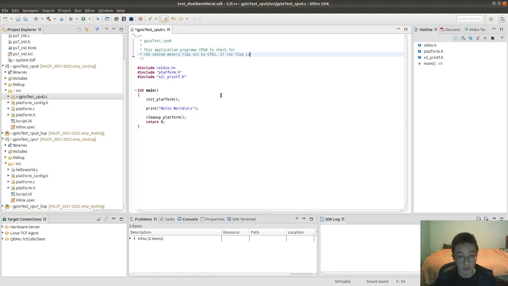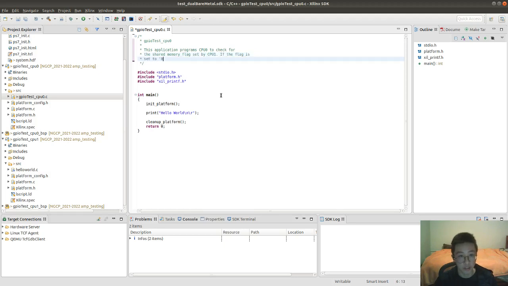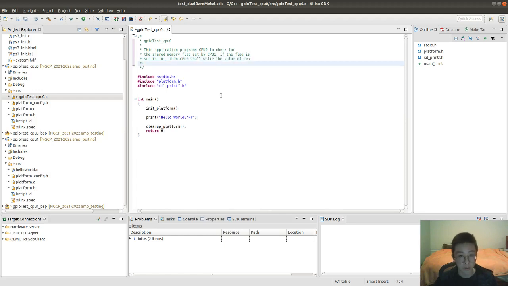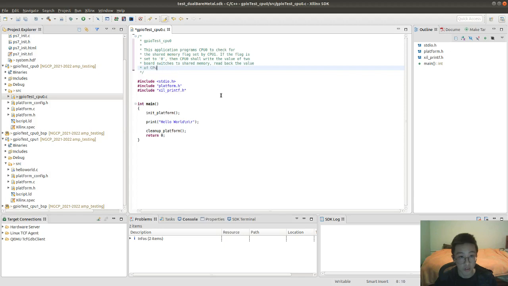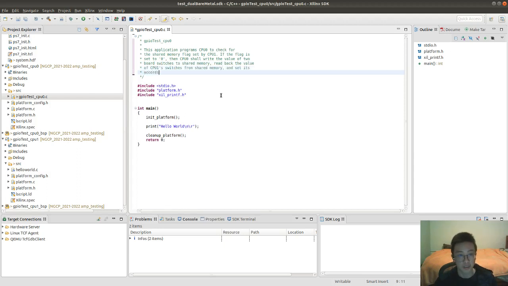If the flag is set to 0, then CPU0 shall write the value of its 2 board switches to shared memory, read back the value of CPU1's